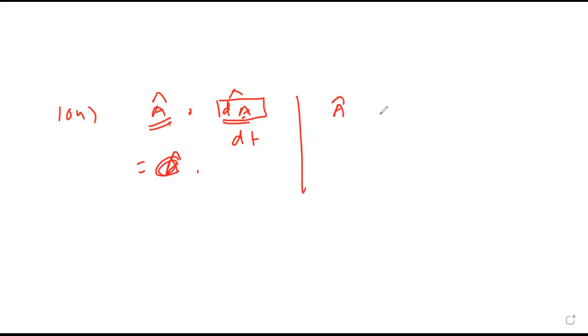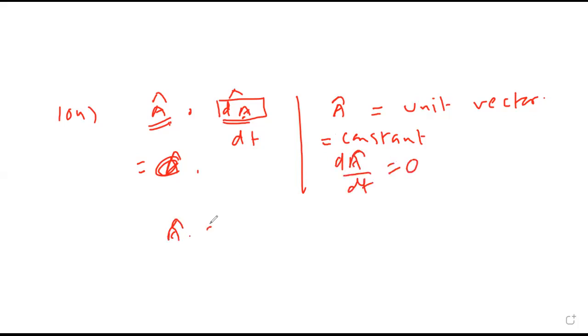Since A bar is a unit vector, correct? So can I say it is constant? Yes, a unit vector is constant, so what will its change be? Zero, na? So A cap dot zero is equal to zero, that is the answer. See, A cap means unit vector, its dot with the change in A cap. Because it is a unit vector, its magnitude is the same. It can't change. That means the change is zero. Okay, so understood. Yes, there is a little maths in this.